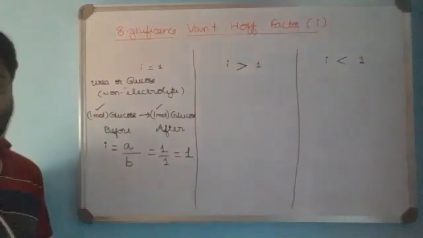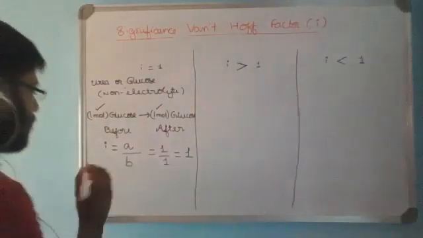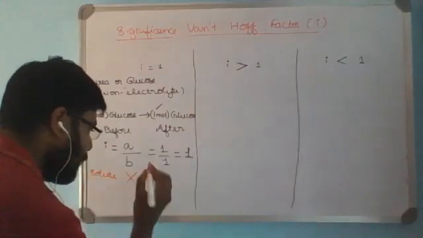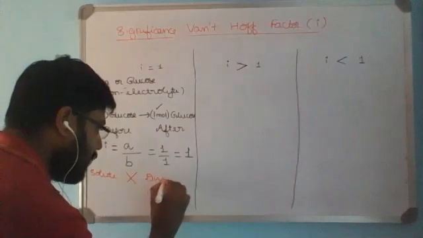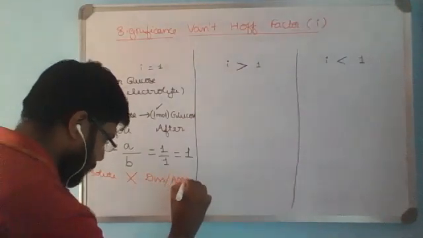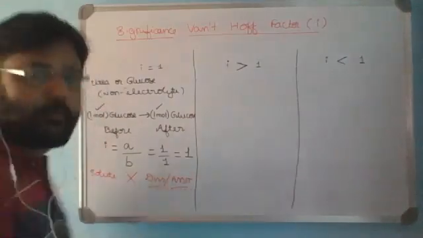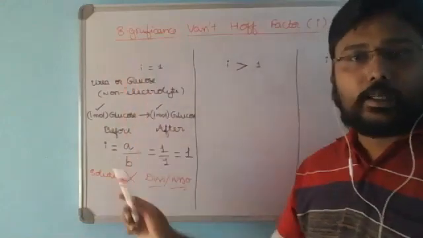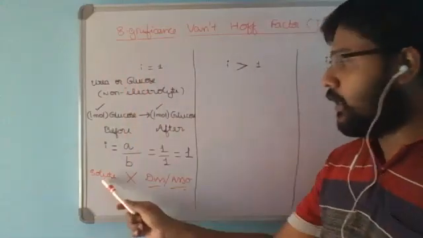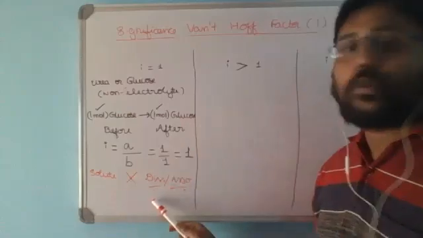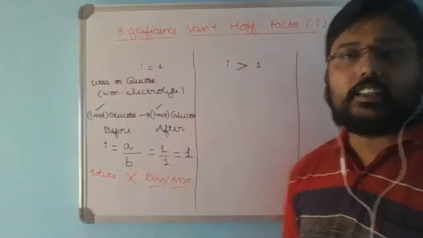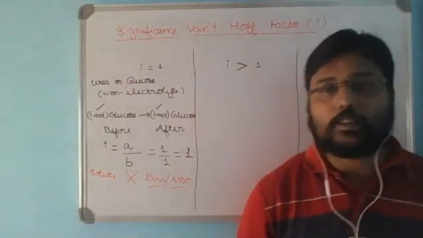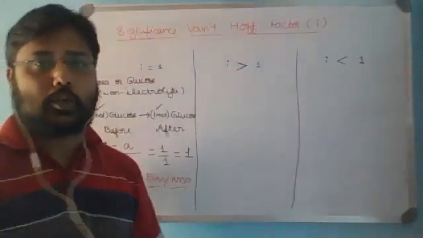So this signifies about the solute that the solute does not undergo either dissociation or association. It's a simple concept. If i value is 1 for any solute, it signifies that the solute will not undergo any dissociation or association in the solution. So it does not undergo any dissociation or association. Now we'll learn with one more example.